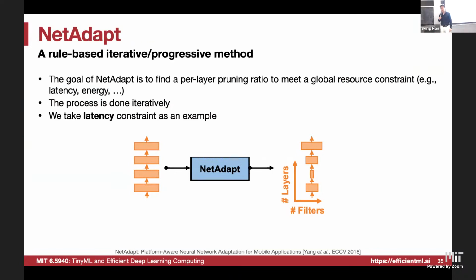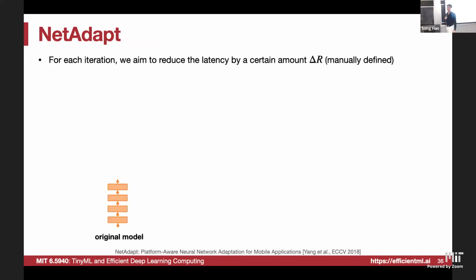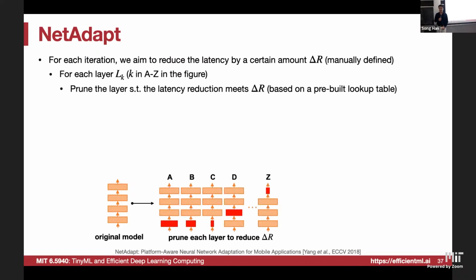All right, let's introduce another cool method, which I really like, from my colleague Vivian's group, also in the same period. Rule-based iterative versus progressive method to select how much should we prune for each layer. This is the original 4-layer neural network. This is the pruned 4-layer neural network. And we want to select how much do we prune for each layer. Starting with the original model,